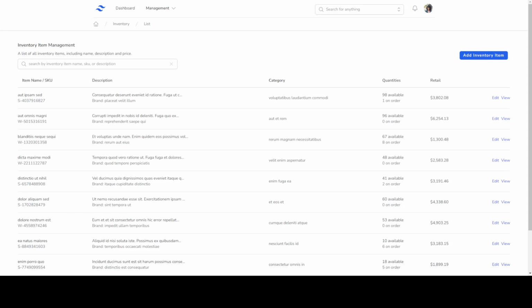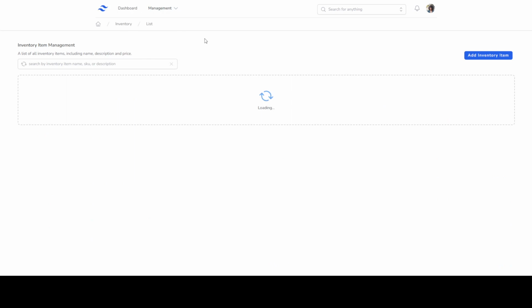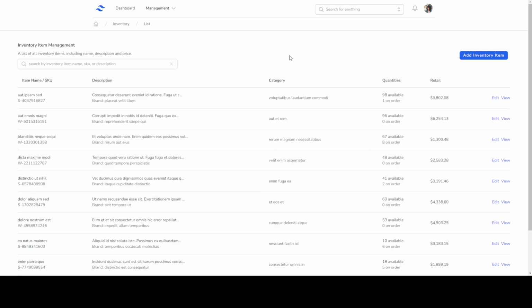Okay, in this video, we're going into inventory management. So we're at the inventory management list screen. This is where you'll start. You'll go from the menu to inventory. Inventory will pop up, and you'll see right away you can easily search by inventory name, item, SKU, or description